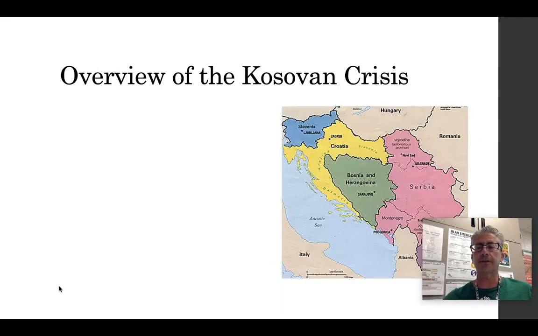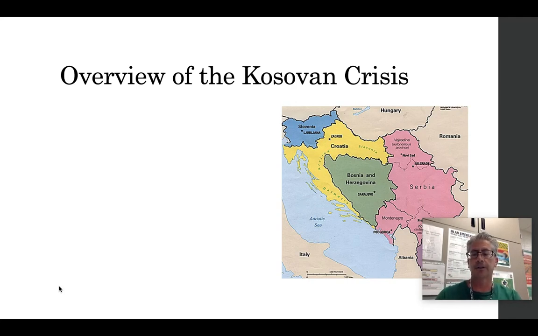So over the next few slides, I would like to take a look at the overview of the Kosovan crisis. This region isn't new to conflict. It has a long history of conflict between the various ethnic and religious groups that make up this area, and this area is sometimes referred to as the Balkan Peninsula. Geography has also been a source of tension. And then in the 20th century, you can throw in nationalism, and that just adds a whole new level to